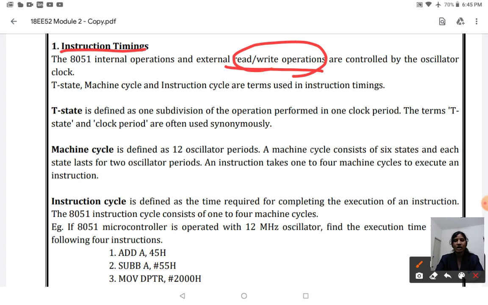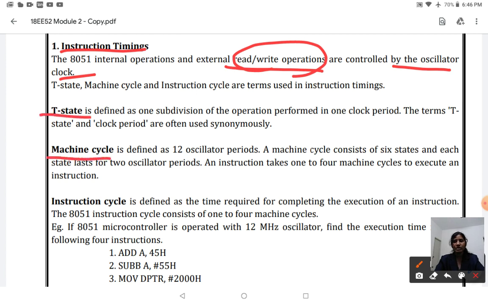All these things are controlled by means of the oscillator that is connected to your 8051 microcontroller.